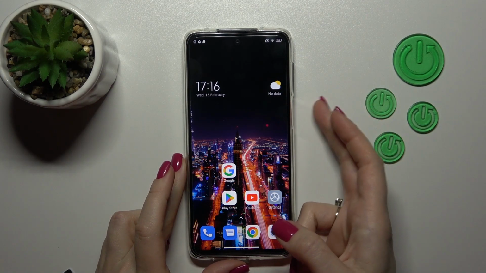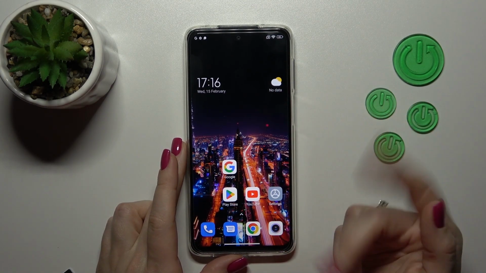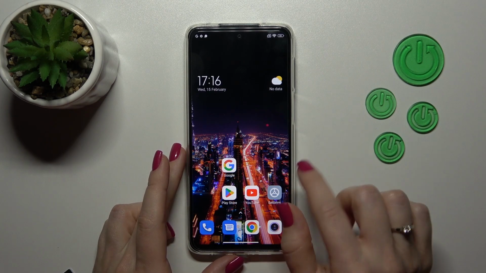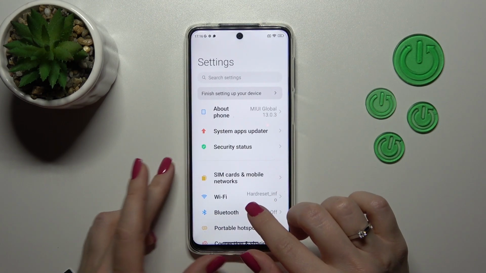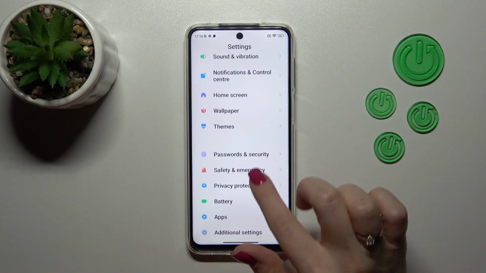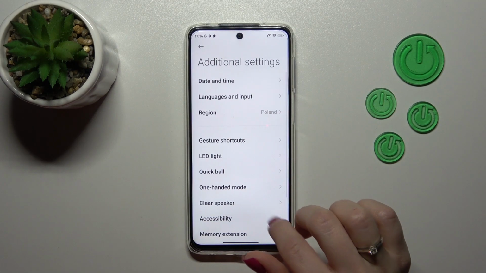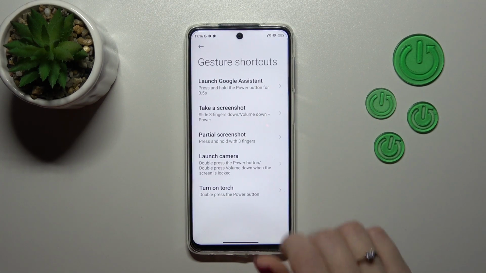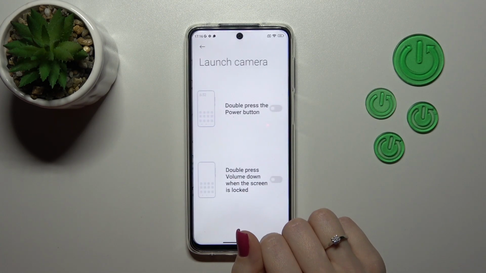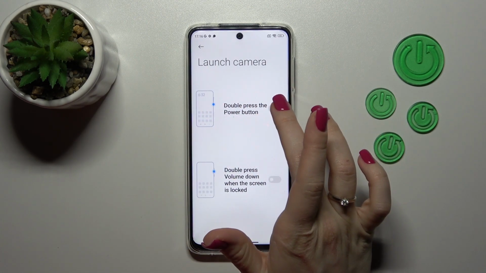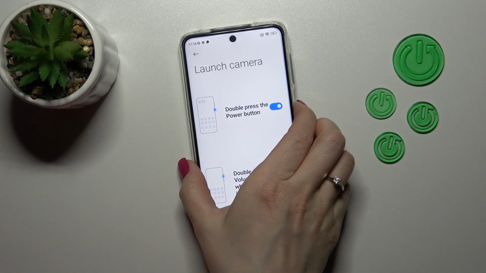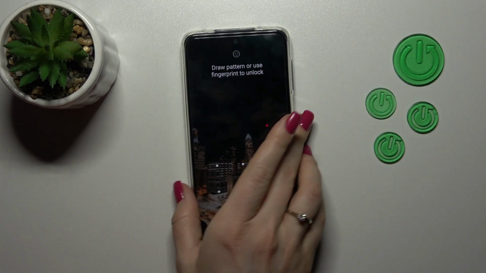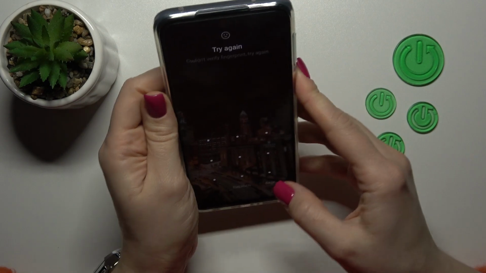So if you want to use the power key button to launch, for example, the camera application, you should first open the settings app and then scroll down to the additional settings. After that, click on gesture shortcuts and you'll see here launch the camera. Just tap the double press power button switcher to activate this option, and now let's press twice on the power key,